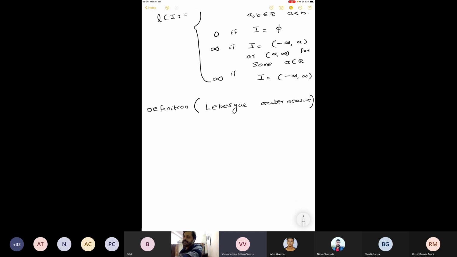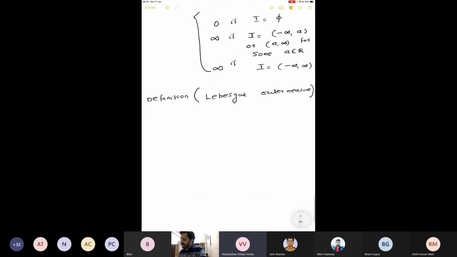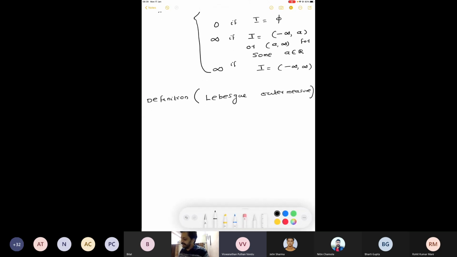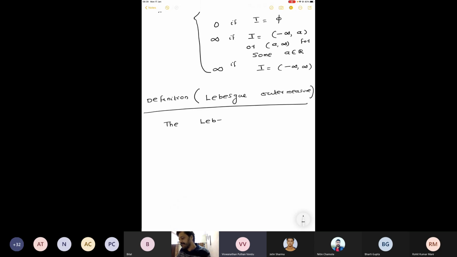Let us start with a subset E of R or A of R, whatever it is. The Lebesgue outer measure, briefly we may call it just outer measure, of a set A in R is given by,